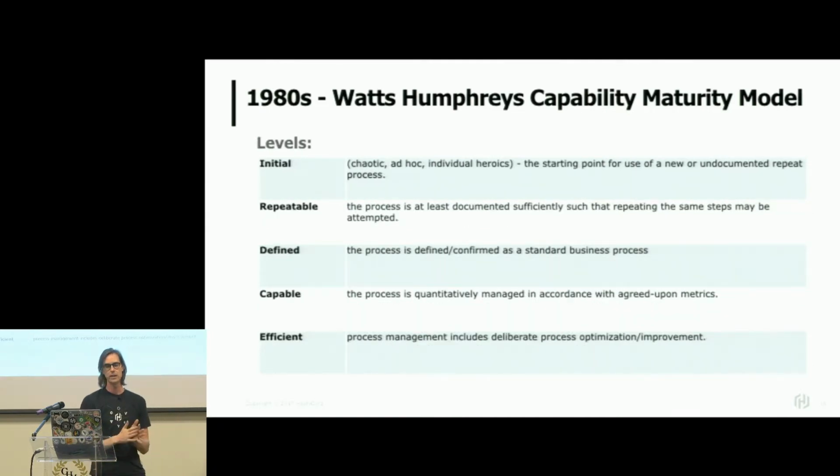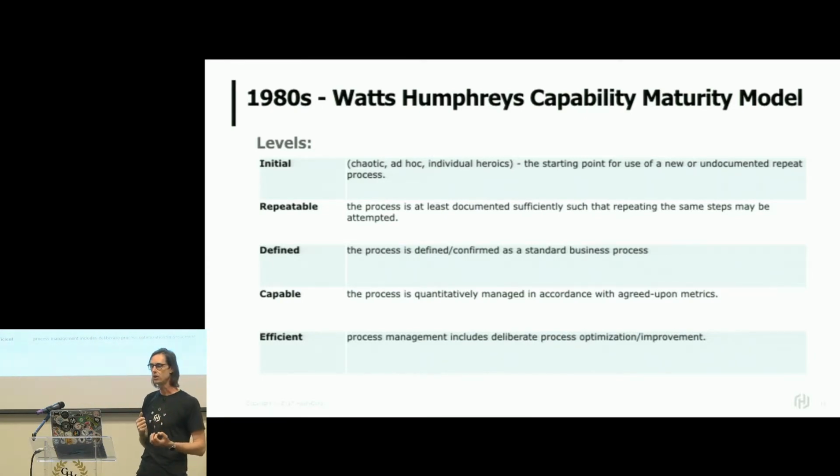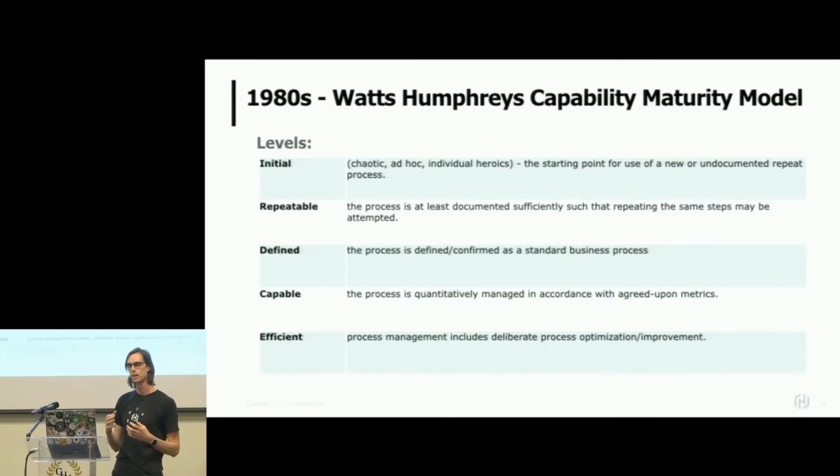And when you look at the levels that he was ranking these on, again, it's this 5-point scale. So you have from initial, the lowest level, and that's a definition of a process which may be ad hoc, it's chaotic, you've got individual heroics. So team effort was recognized again back then.